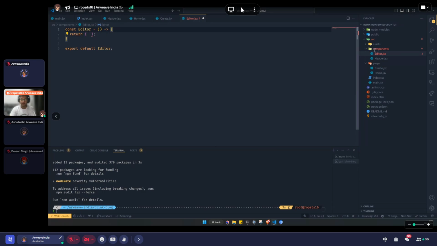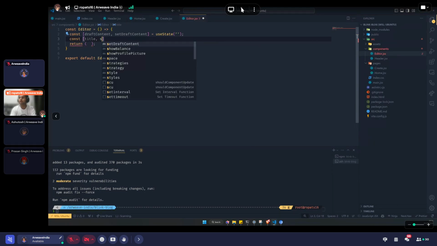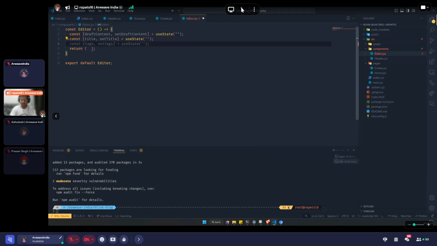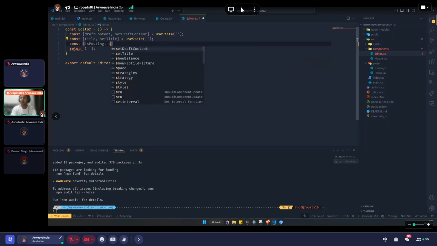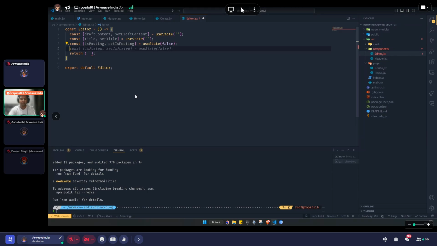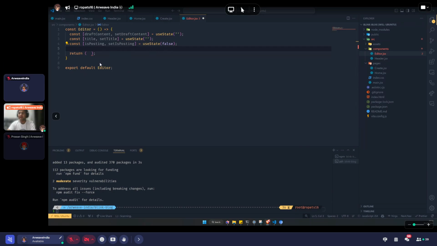Okay, we're first going to start by creating some state. This state is basically where we're going to store our content, what you see while we're typing. We're also going to create one more state for the title. And we want to create one more state as a handler for isPosting, so we keep track of it, because while we're posting we don't want some of the functionality to be active. Now the next thing we're going to call once again is the connected boolean from